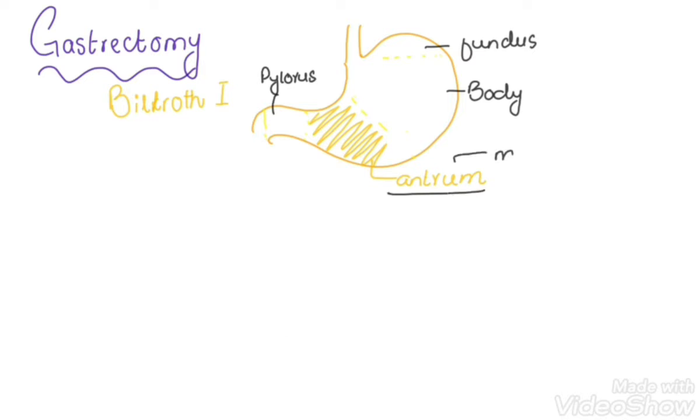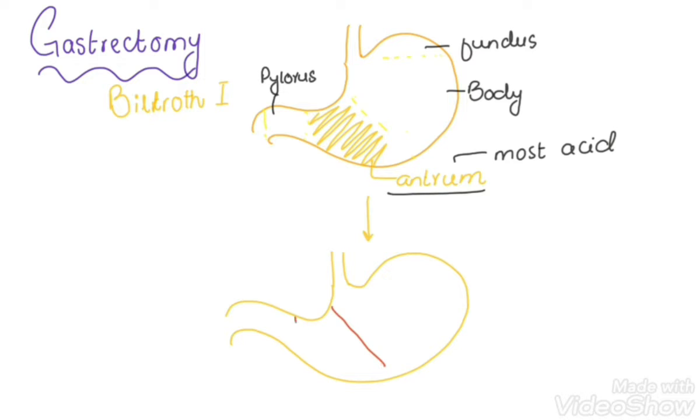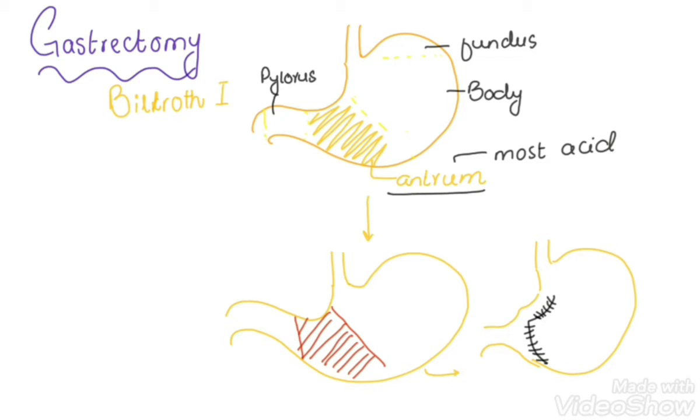Antrum not only produces most of the gastric acid because it has a lot of parietal cells, but it is also the most common site of ulcer. So its removal not only removes out the ulcer but also helps in the reduction of gastric acid and so prevents further peptic ulcers. Bilroth 2 gastrectomy, not only the antrum but the distal part of the body is also